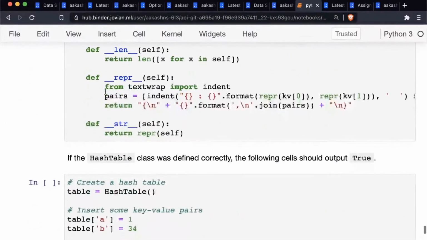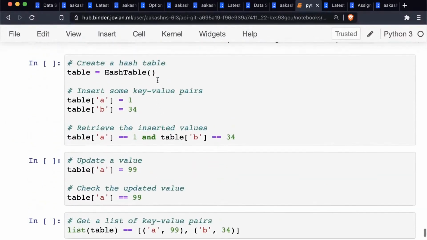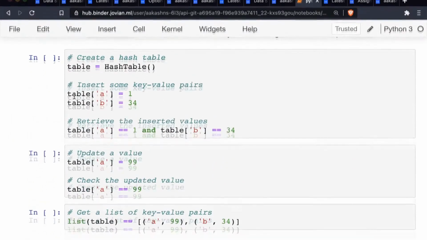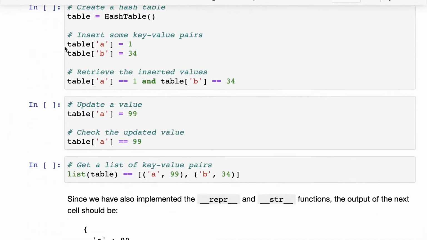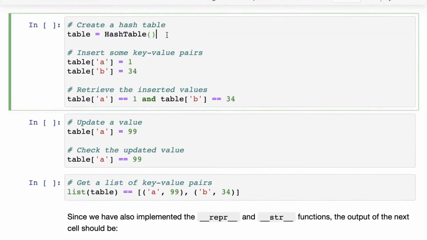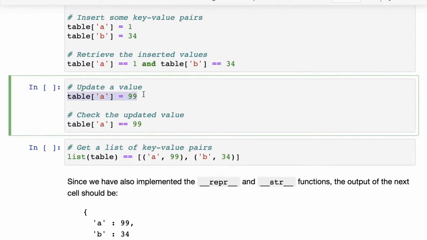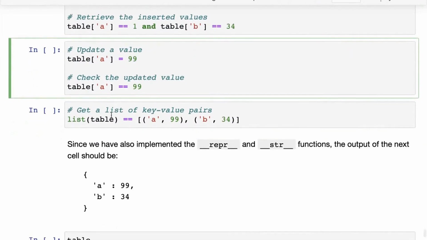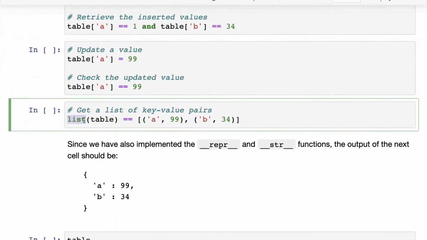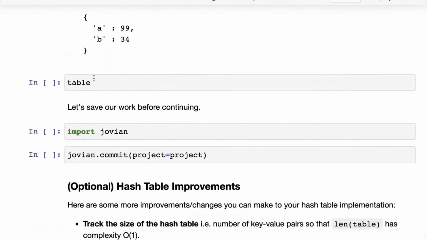So you define a hash table here. And once you have done that, you will be able to use it just like a Python dictionary. You will be able to use it exactly like this. You create a hash table, and then to insert a value, you use the indexing notation and insert a value. To retrieve a value, you use the indexing notation to get the value back. And here you can compare it with the number. To update a value, you simply use the indexing notation again. And to get a list of values, you simply call the list function, or you can also use it within a for loop.